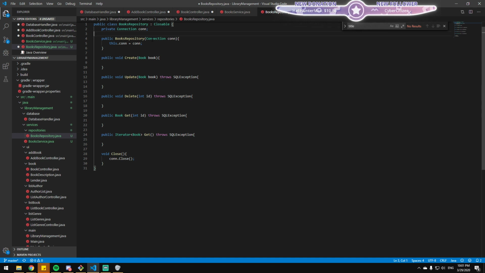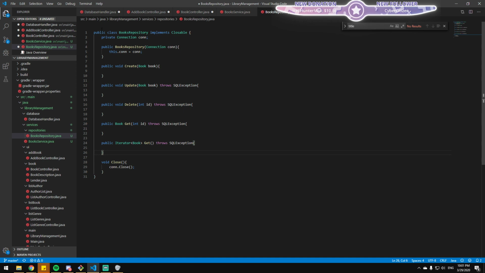I get that it's pseudocode, but in Java, it extends and implements it. The repository implements iClosable. Oh, right. Yeah, and that's fine now, right? So as Joshman said, with resource, the books repository will pass the connection, and as soon as the books repository is done, it would dispose the connection.